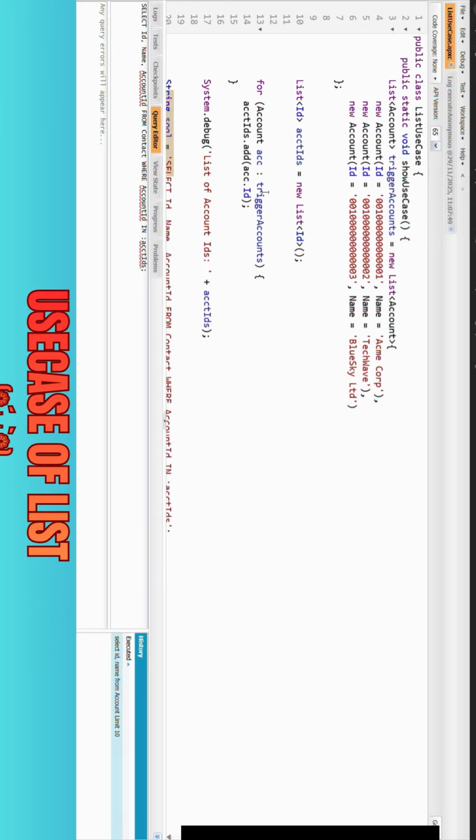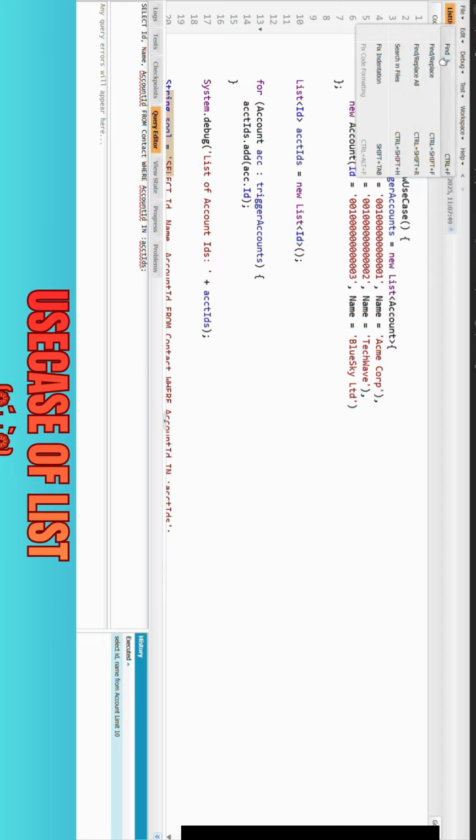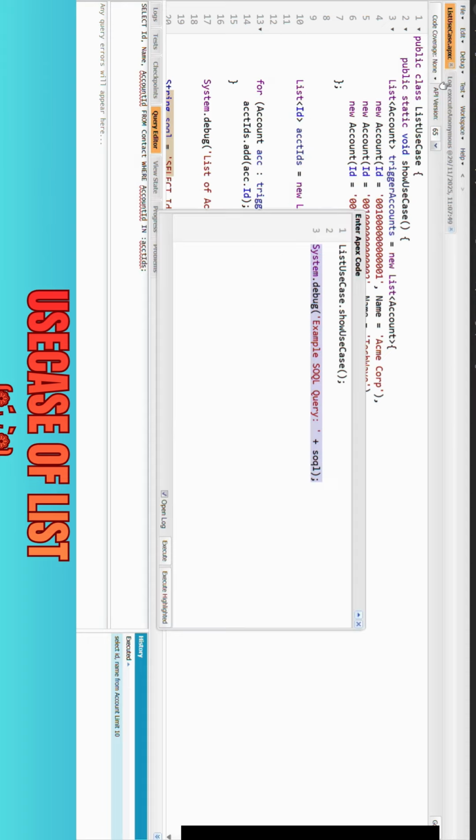So this is the most important part. We use the collected IDs in a single SOQL query. We will learn this in detail in our upcoming video, but here I will use only one single query: SELECT Id, Name, AccountId FROM Contact WHERE AccountId IN :accountIds. That is called a bulk-safe SOQL. Not SOQL inside loops, not multiple queries per record. 99% of interviewers love asking this. So this is the most important part based on interview questions.